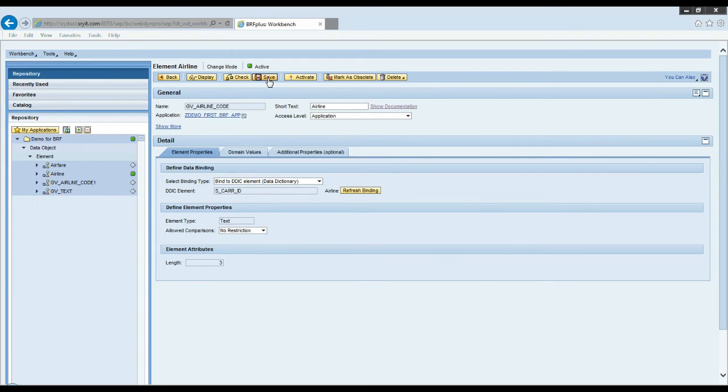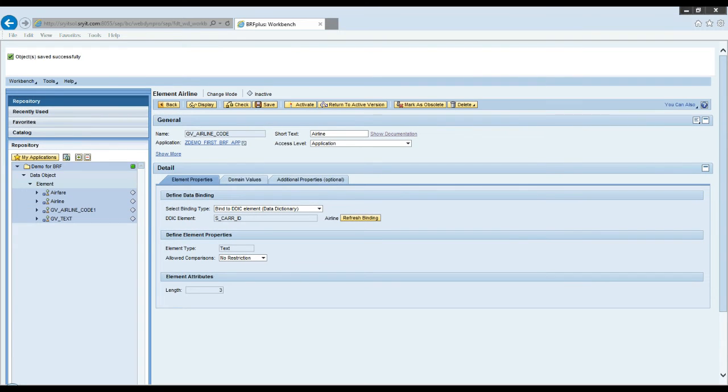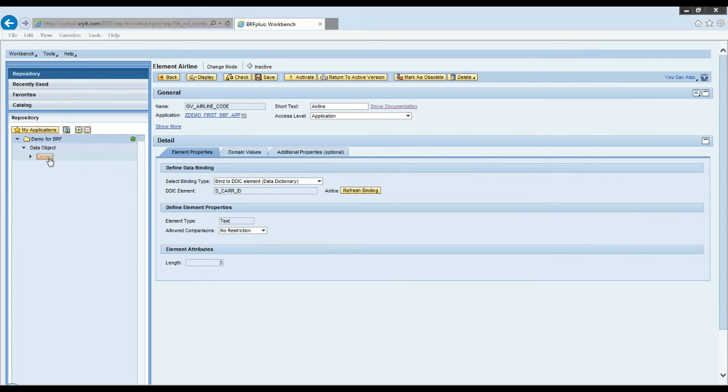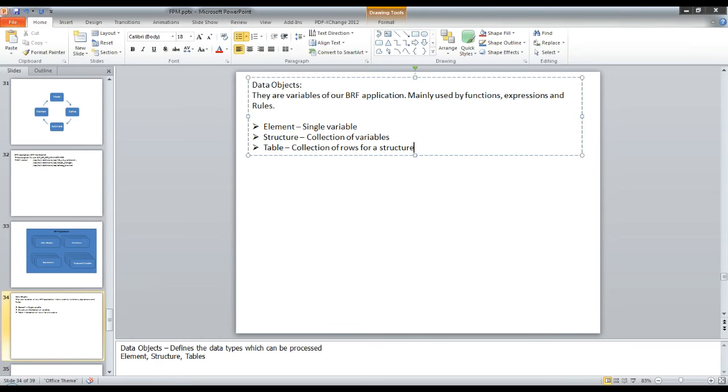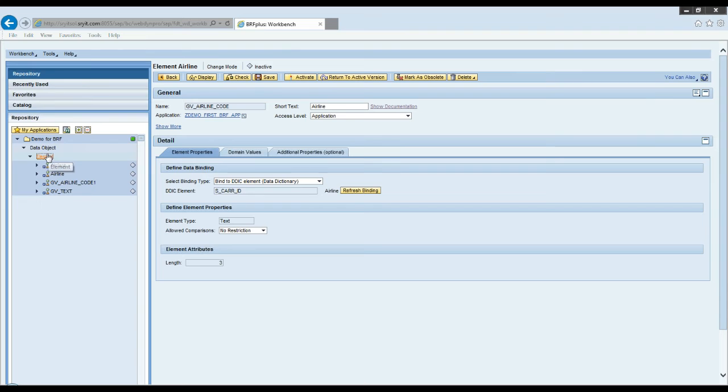Great. Let's save this. Let's see if I can activate all the objects together. No, I can't here. But yes, when I create a function and use these variables in functions, that time I can activate all of this. Great. Now that is about my data objects. Let me show you creating a structured data object.